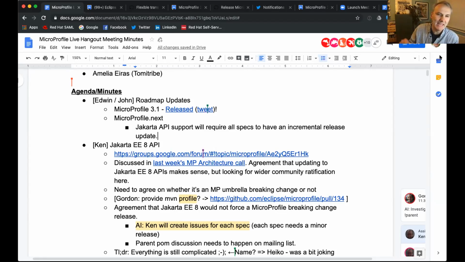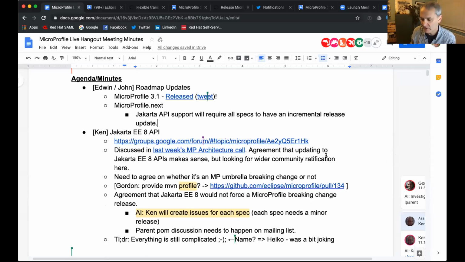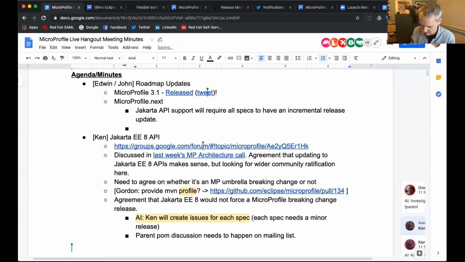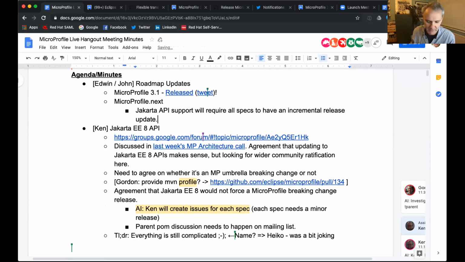Winding back a little tiny bit, I think there'll probably be a reactive messaging spec. I don't think it'll be me pushing the contents of it this time round. Maybe Ken, Clement, and Emily, but I think they plan to do some content in that. But in terms of parent POM, it's not a technical thing, but it's just having one place to manage the version numbers.